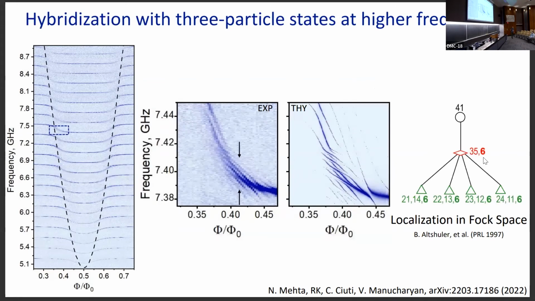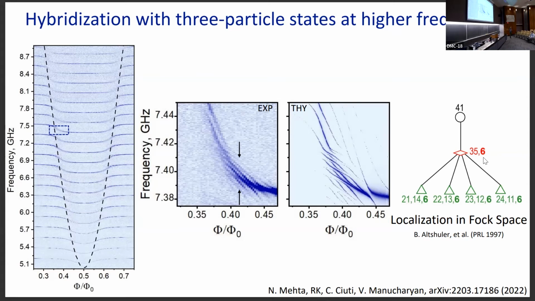You can find a spot in the spectrum where the anti-crossing is even denser, and those are 3 photon states. So if you stop at this flux, what happens? You're trying to calculate mode 41, but it couples to 2 photon states, and these 2 photon states are coupled to several 3 photon states. But it's still like an anti-crossing, so it's a coherent coupling. So the photon is trying to propagate along this tree of states, like in the Fock space, but it fails because there is a disorder in those states.